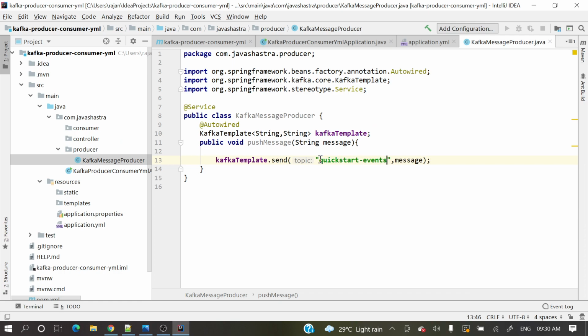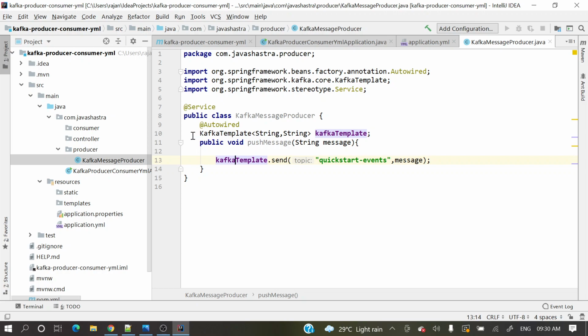Ideally we should read this from a YML file or properties file, or take it as a constant and pass it here. Directly we should not do it like this, but for demonstration purposes I am doing it here. So we have done the Kafka producer.